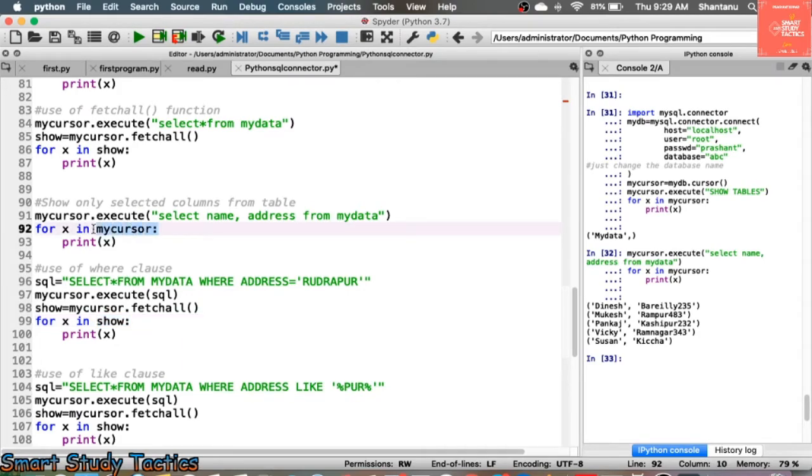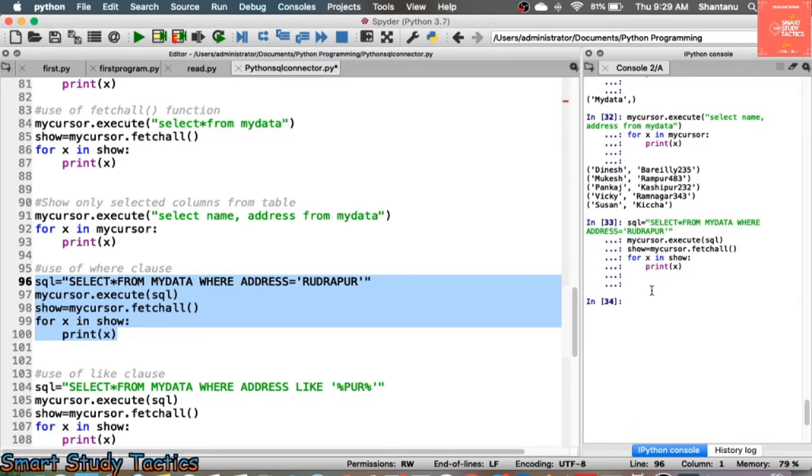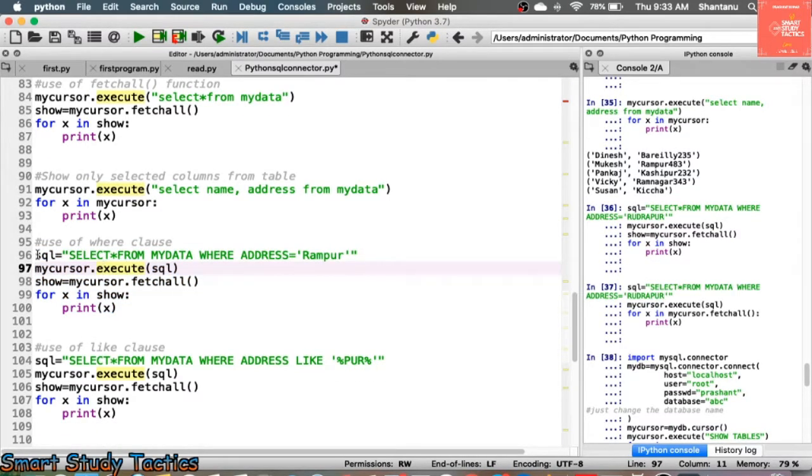Earlier I used my cursor here, now the show is going to be execute all the things. Okay, show is responsible for execution of all the things. Now my dear students, I am going to execute this command. I am going to use the where clause. I think you are all familiar with the name of the where clause. Where clause will give you a definition, where means particular data is going to be fetched from the table.